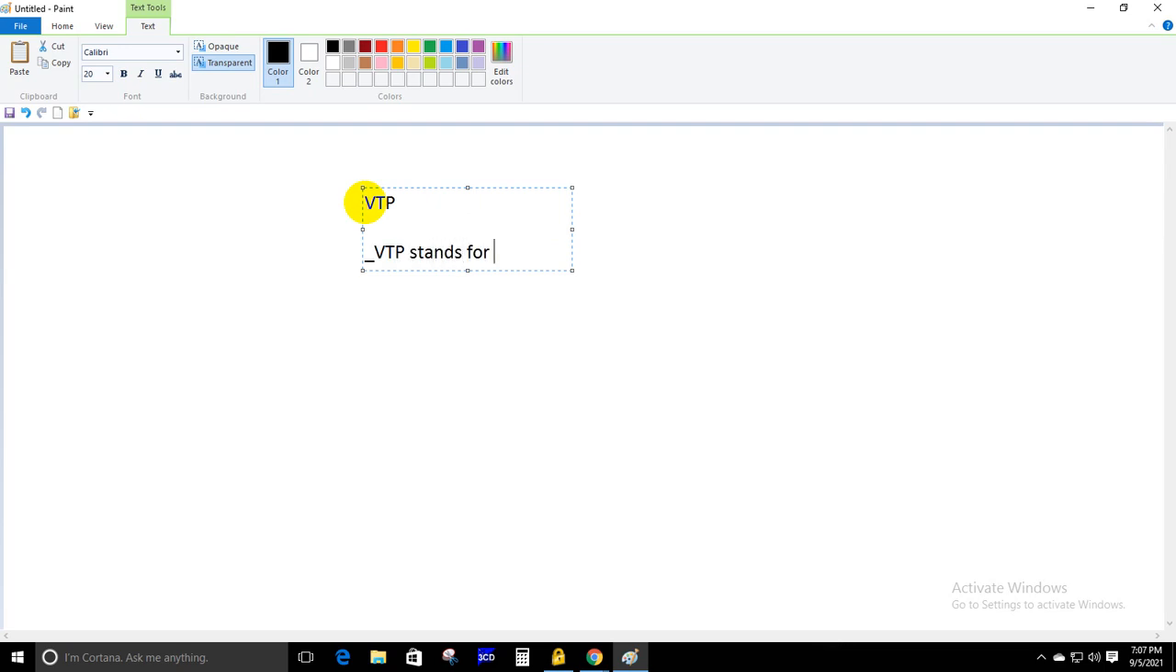VTP stands for VLAN trunking protocol. If it is asked what is VTP, or the definition of VTP, you have to answer these points. Okay,